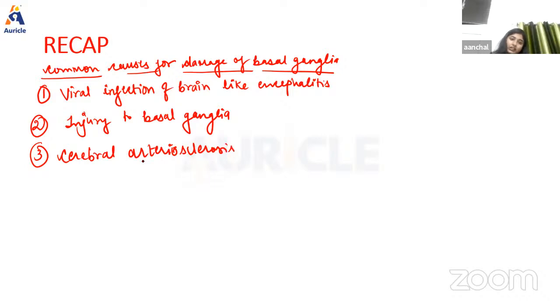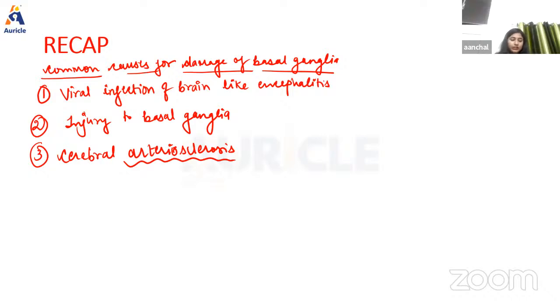Kavya, do you know what arteriosclerosis is? Atherosclerosis is like a clot in the heart, a blood clot, that type. Narrowing of the artery, like less blood supply. Yeah, narrowing of the artery. So if it is cerebral arteriosclerosis, it means this is occurring in the cerebral part of the brain.